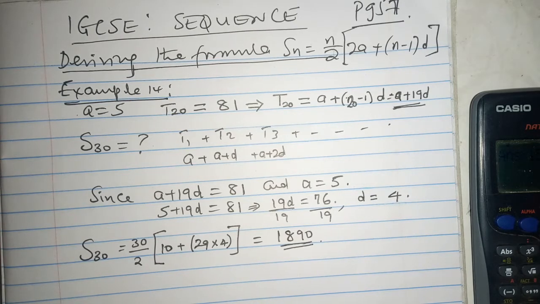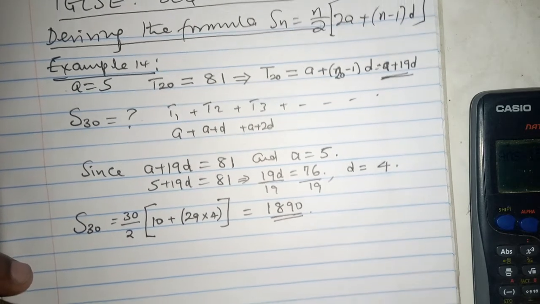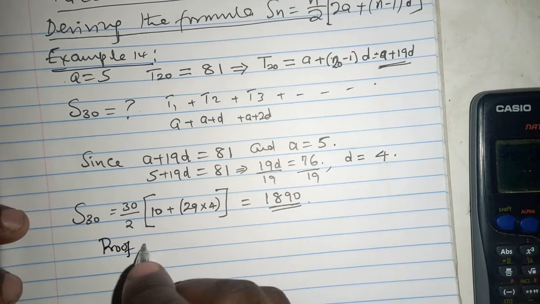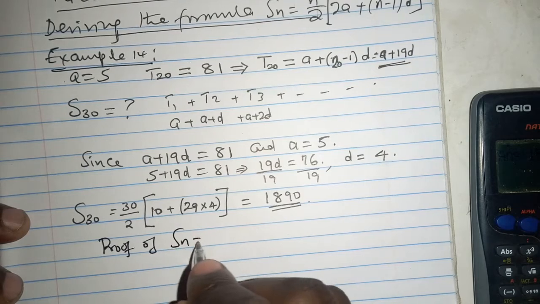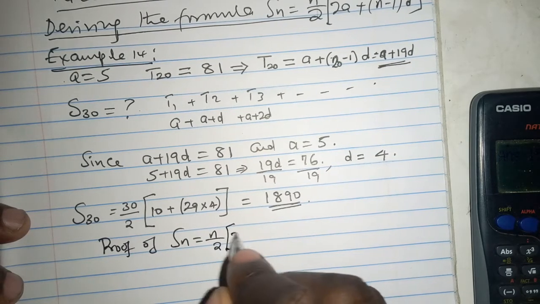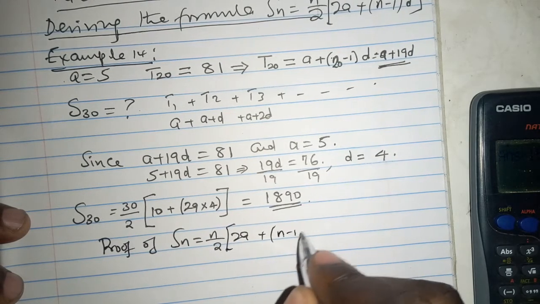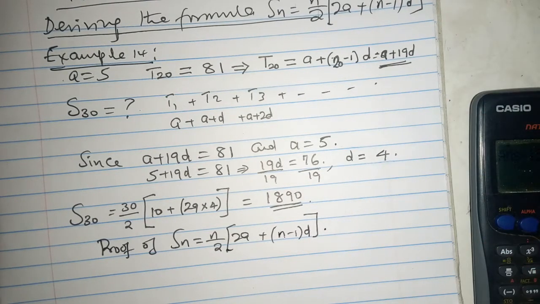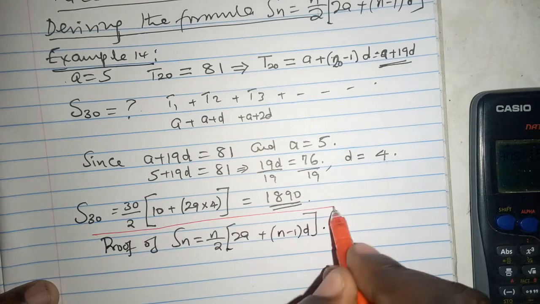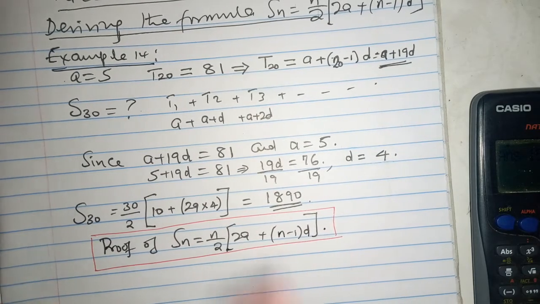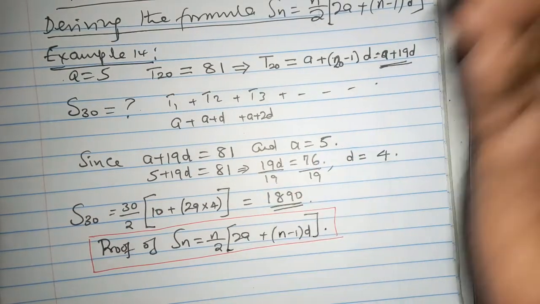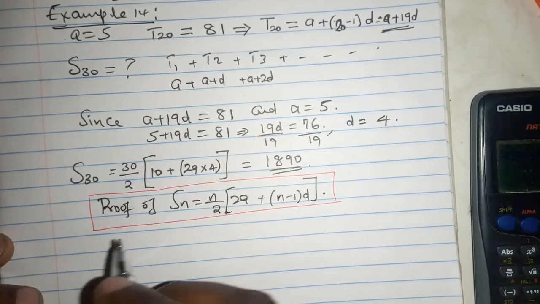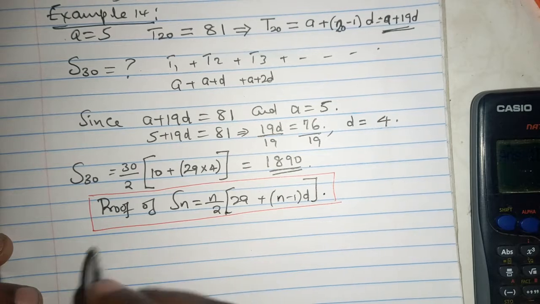Having said that, I think it will be very easy now to prove the formula. Let's now go to the proof of Sn equals n over 2 times 2a plus n minus 1 d. How do we prove that? We said somewhere in the beginning in one of my videos in this topic that if you want to talk about the sum of the first n terms,